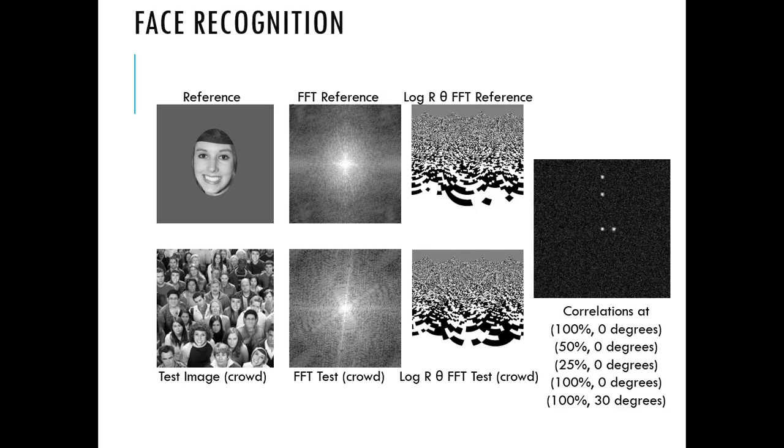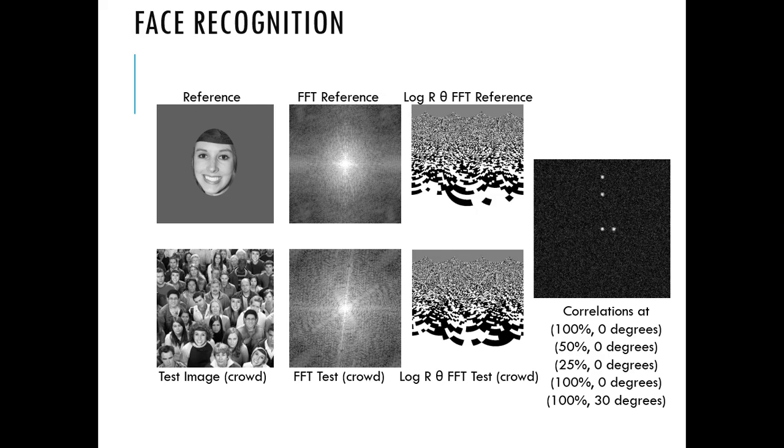So you can see here there's a crowd of people in this test image, and there happen to be, I think, 4 of the matching faces here to compare to the reference image. Note that the correlation in the log r theta domain does not correspond to the location of the reference images in the crowd. Rather, the correlations correspond to the scale and rotation values. In this case, there were 2 cases of a 25% reference, one at 50%, one at 100%, and one at 100% but rotated 30 degrees. These values would be used to create new reference images and perform a correlation on the original image to determine